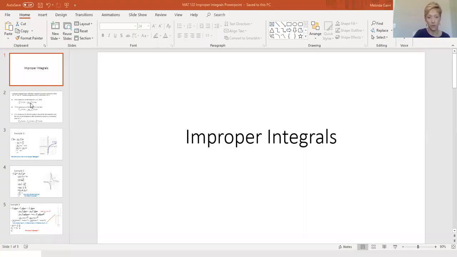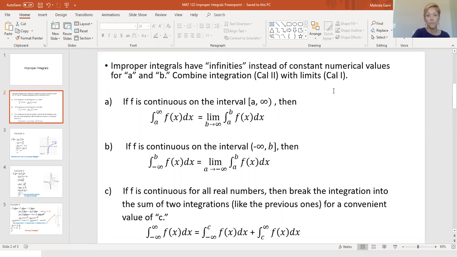Okay, here we go. So improper integrals. Just to reiterate, improper integrals have infinities instead of constant numerical values for a or b or both. Like I said, it's going to be a combination of Cal 1 with limits and Cal 2 with integration. So if your f is continuous on the integral from a, as a number, like a constant, to